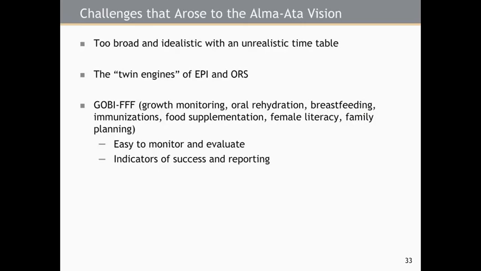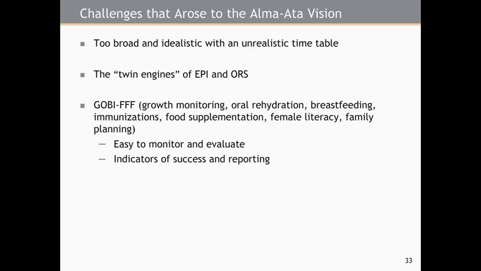And so people, expert authorities like D.A. Henderson, the former dean here, who was the leader of the smallpox eradication program at WHO, began to push for an expanded program on immunization, EPI. And also at that time, oral rehydration solution had been developed as a very simple way to treat dehydration caused by diarrhea. And so these twin engines became very much the favored approach of global health experts who